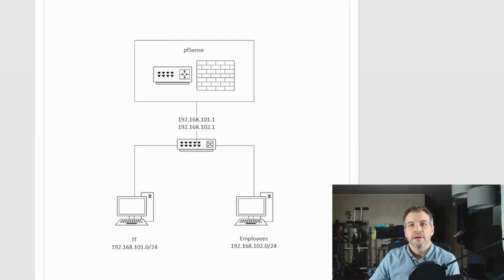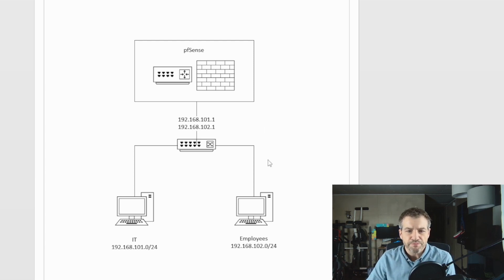So the first thing we're going to do is take a look at the network diagram just to see how the network's going to be set up and what our IP addresses are going to be. What we can see right here is the network diagram for what we're going to be setting up in this video. Here we have the pfSense firewall router, and of course it's not going to be doing any routing over the internet. It's just going to be routing between our internal networks and some additional networks that simulate traffic